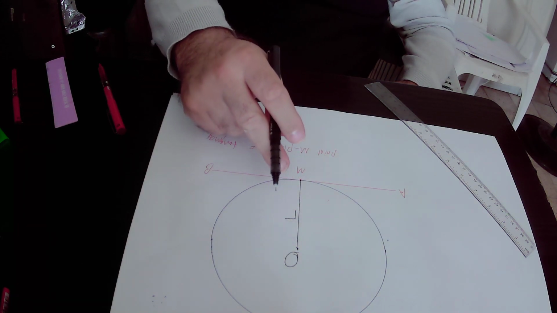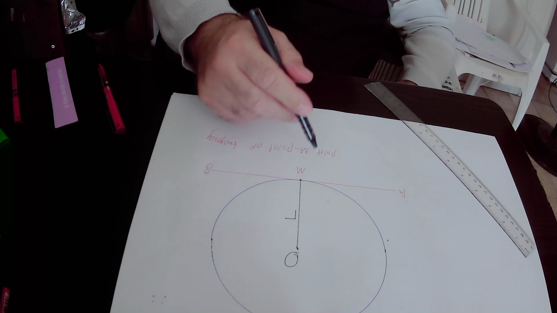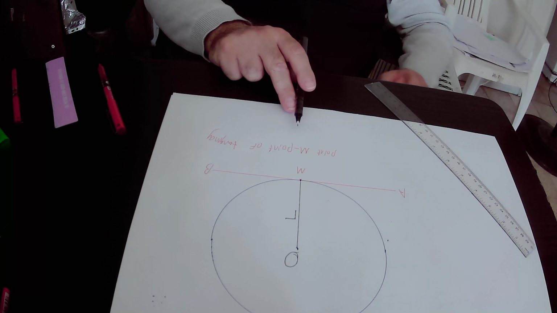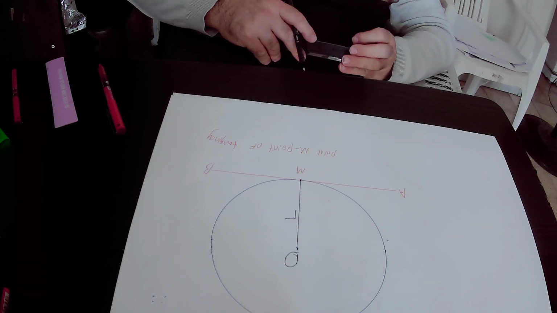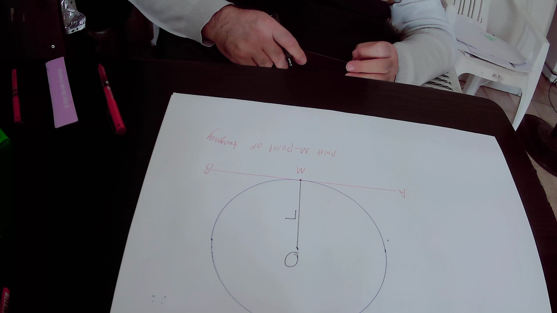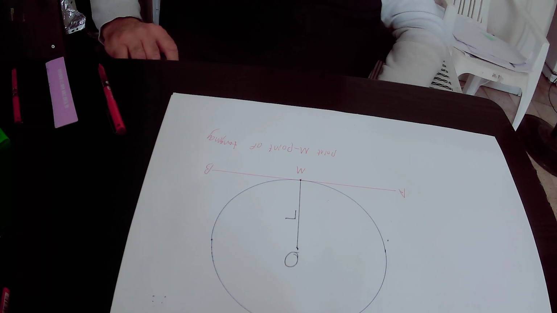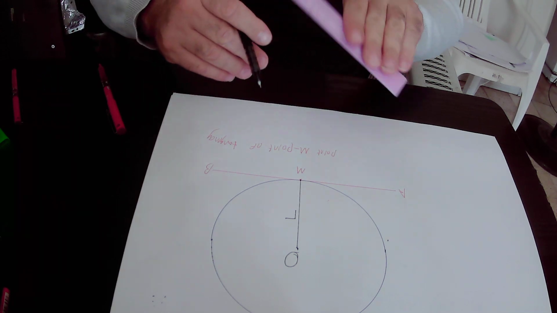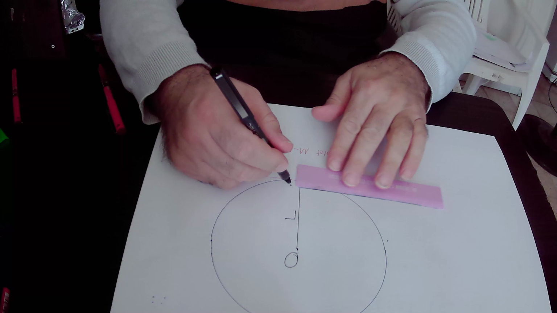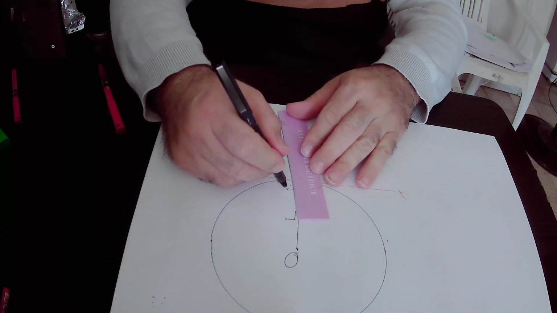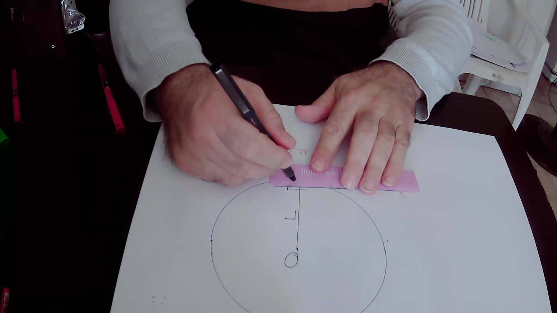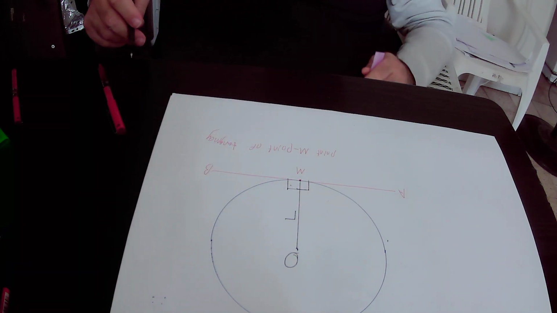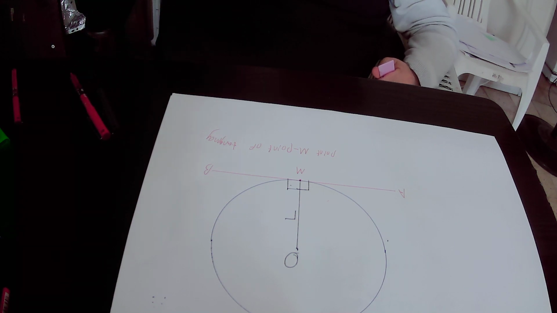This radius OM is drawn to the point of tangency, that is to say, to point M. Therefore, according to rule number 2, the tangent AB is perpendicular to this radius, that is to say, this angle is a right angle, it equals 90 degrees, and this angle is also a right angle that equals 90 degrees. Okay, so according to rule number 2,